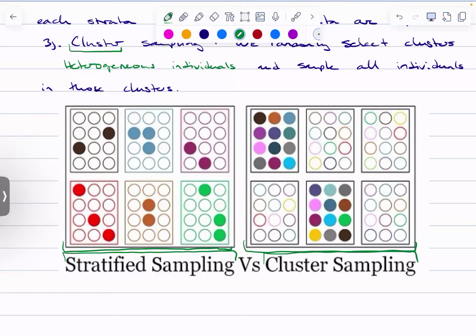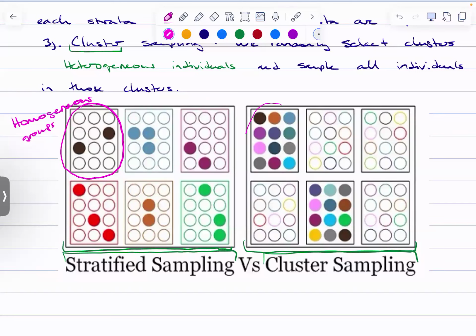Notice that each block here is all the same color. And so here we have homogeneous groups,